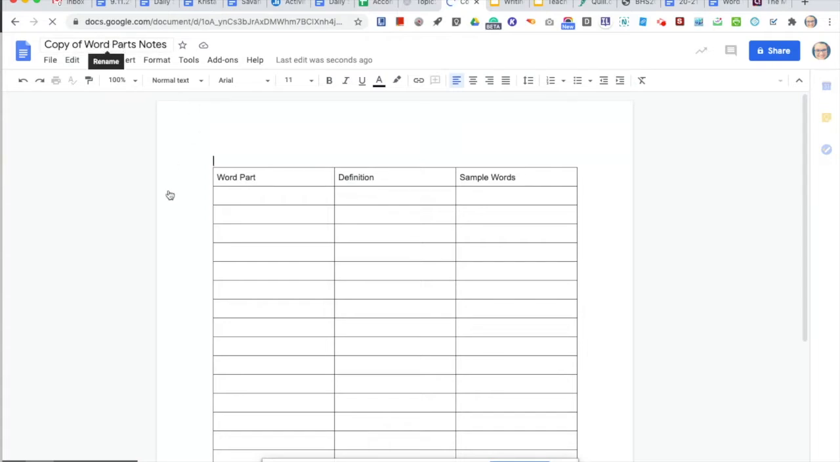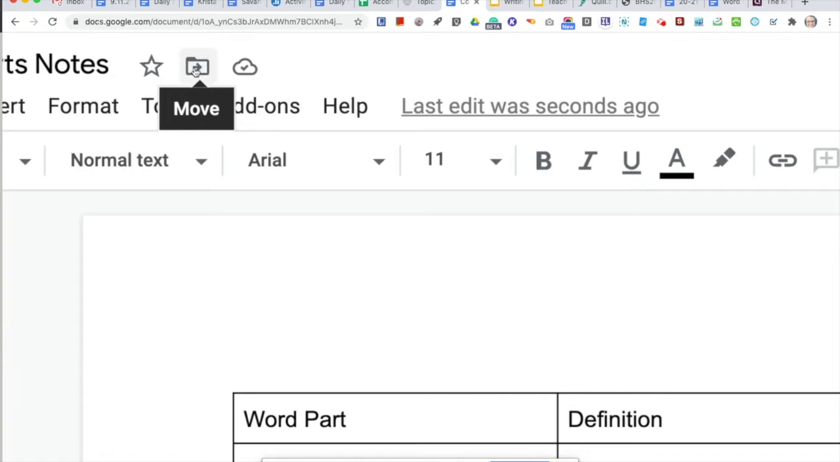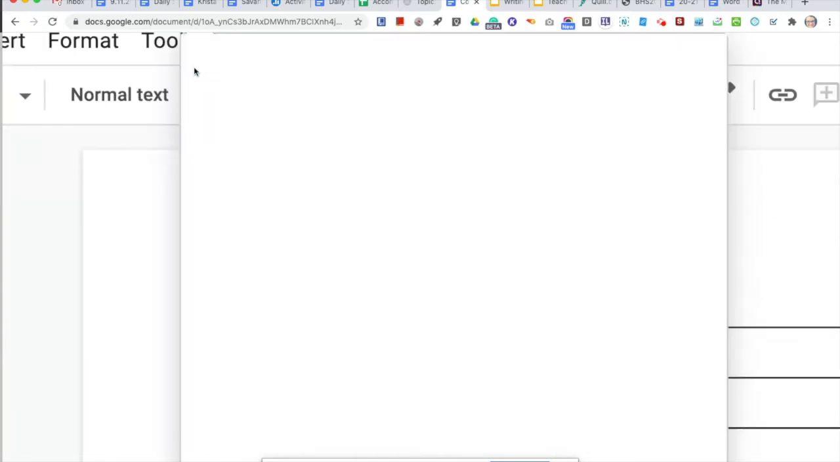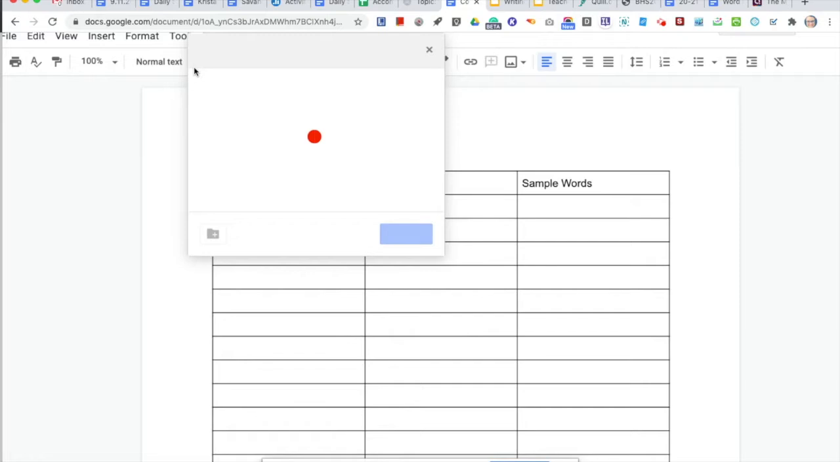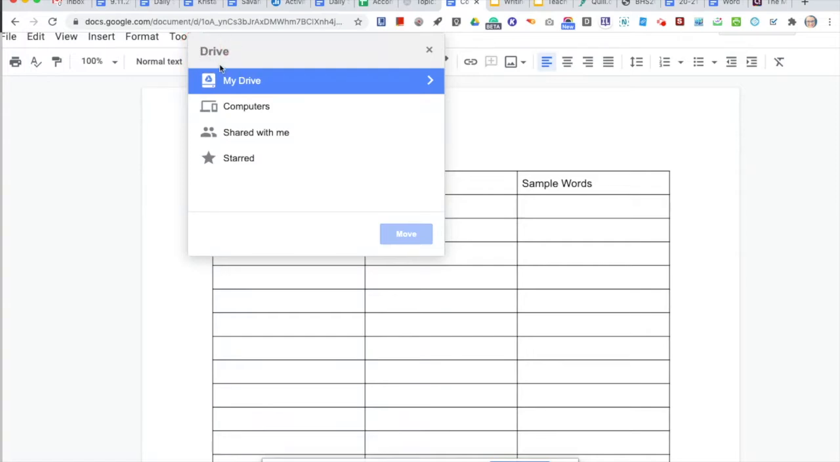But the first thing that we want to do is move this into your English 1 folder. Now, as a reminder, you do that up here at the top. You have your title, you have a star, and then you have the move icon, and it looks like this. It's this little envelope or a folder. So go ahead and click on that. And then wherever it currently is stored, just go ahead and click this back arrow until you get all the way back and you can't go any further. And then you're going to want to click on My Drive